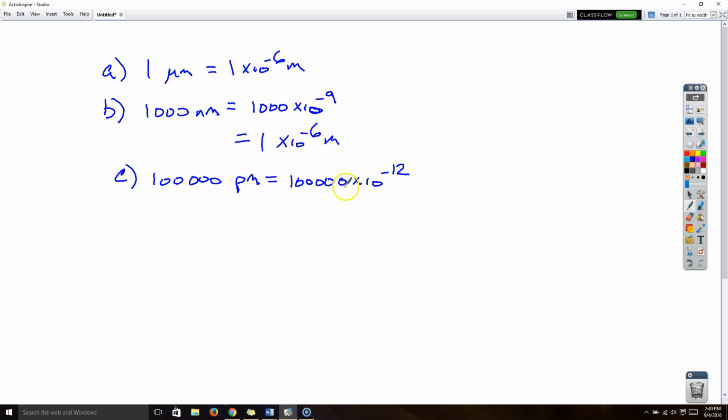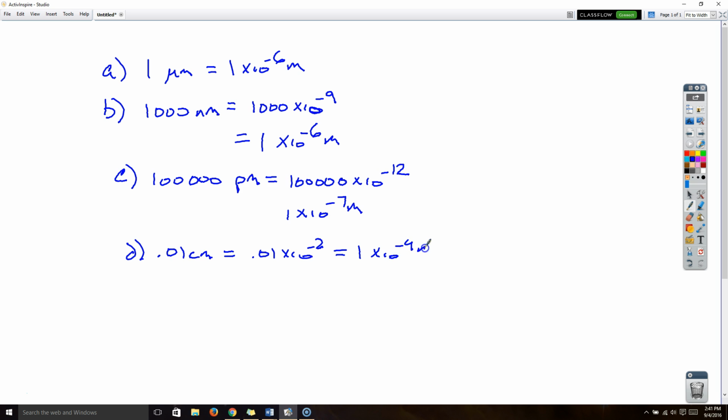Now I can go ahead and count: 12, 11, 10, 9, 8, 7. So this is really 1 times 10 to the negative 7th meters. For letter D, I have 0.01 centimeters. That's equal to 0.01 times 10 to the negative 2, which then will give me 1 times 10 to